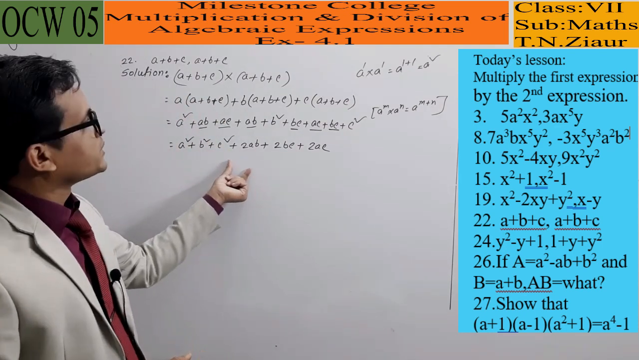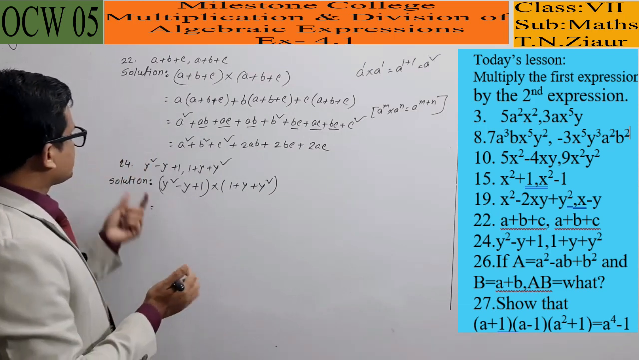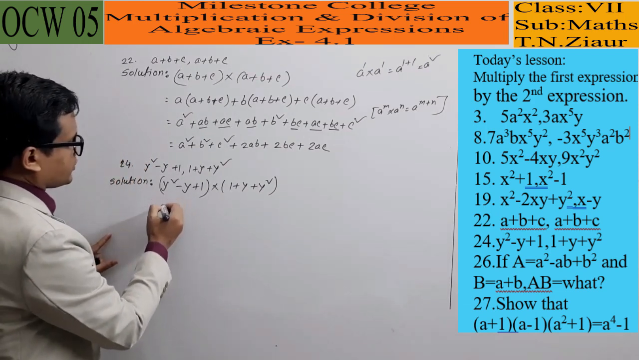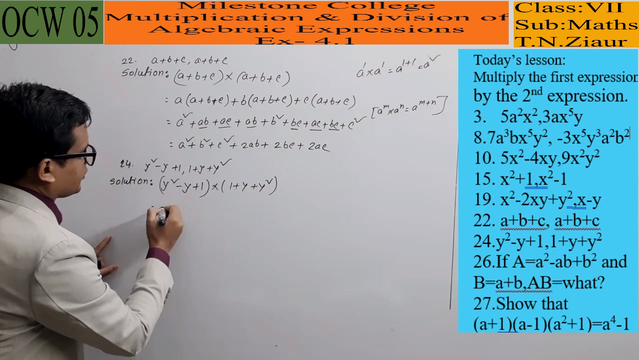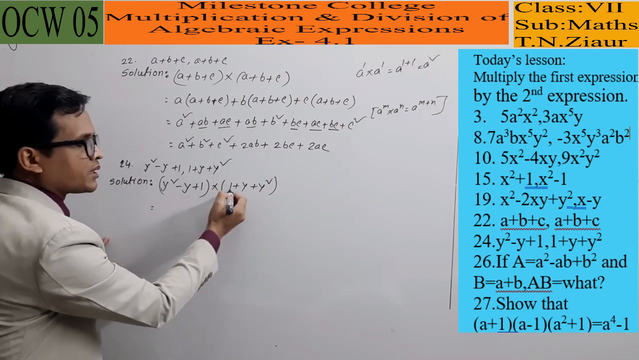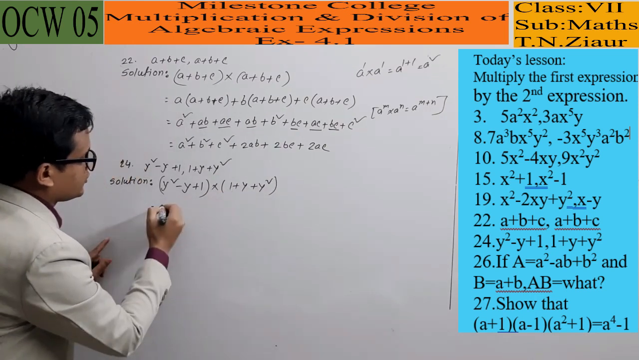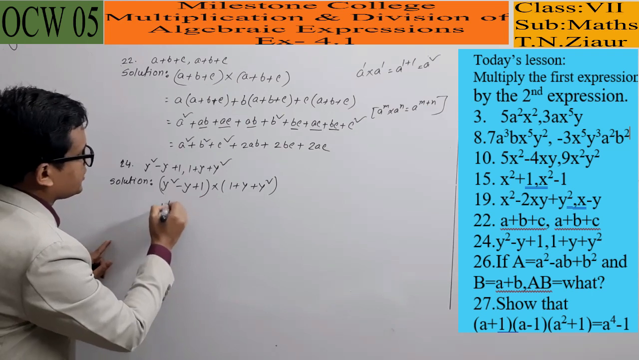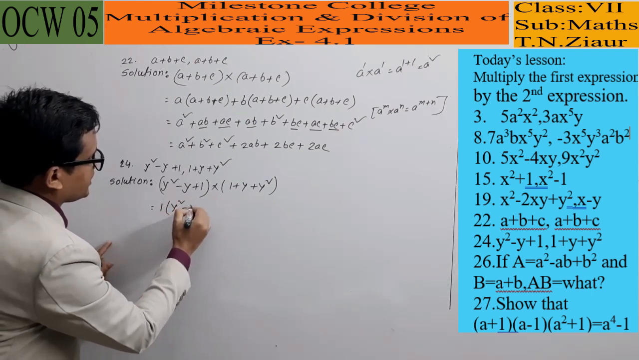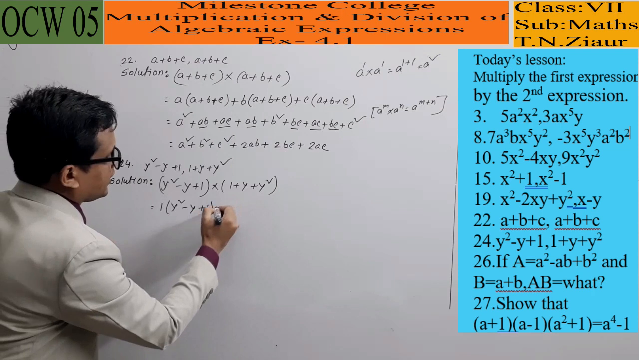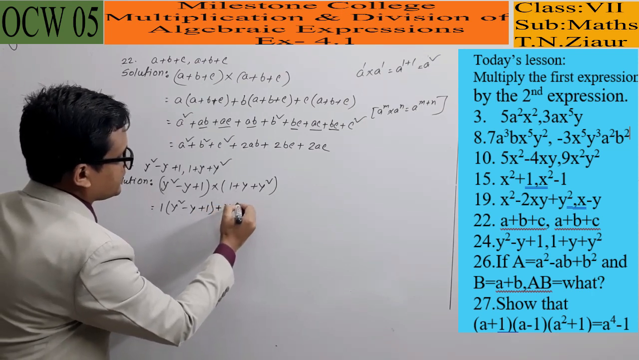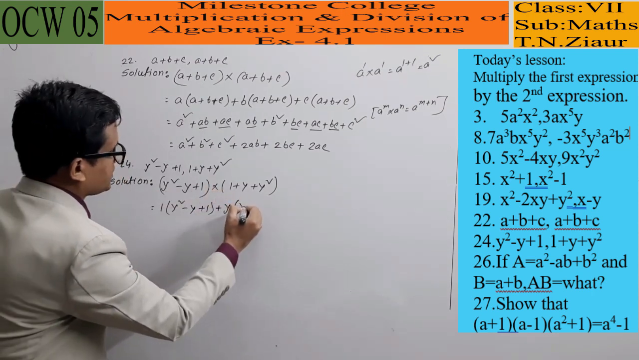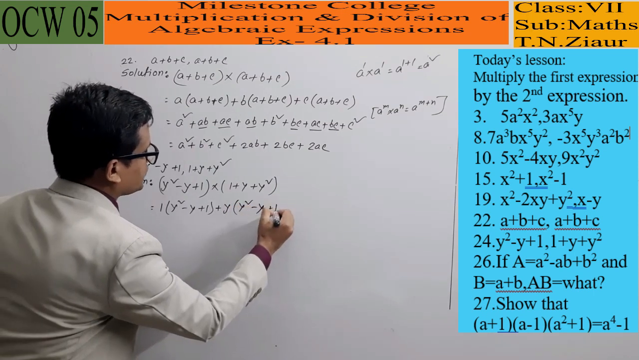So now the next number. Okay, now we'll solve the 24 number maths. So 24 number, again you have to solve the same way. So just write here the multiplier is 1, so we'll write 1 into this multiplicand, y square minus y plus 1. There is a plus sign, again write the multiplier y, then again the multiplicand, y square minus y plus 1,